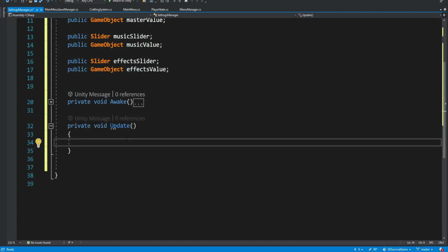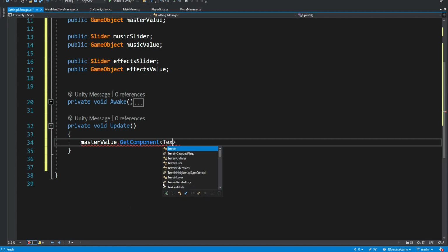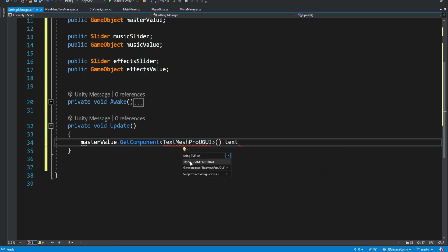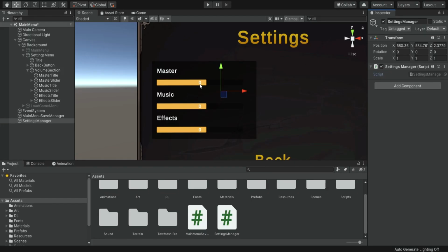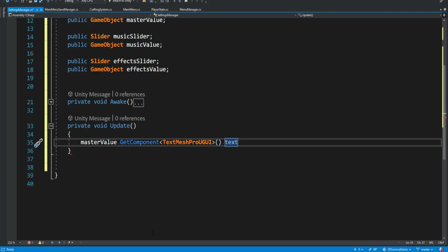Update. So master value, get component. And because it's not a regular text, but it's a Text Mesh Pro, we need to say TextMeshProUGUI, and we need to import the package. So we hover and using TMPro. And now we want to set the text. We want to set this text over here, this 0, to be the value of the slider. So equals